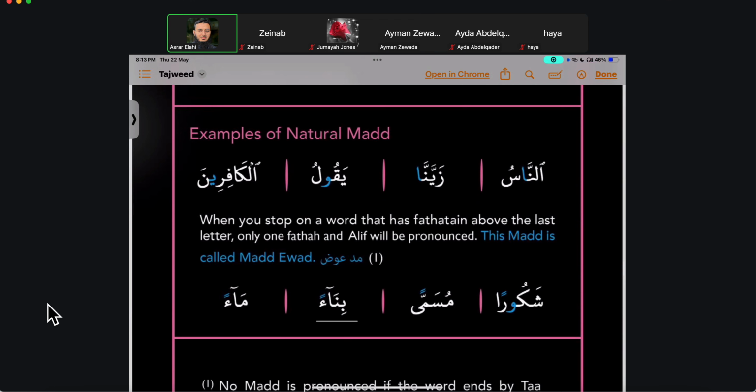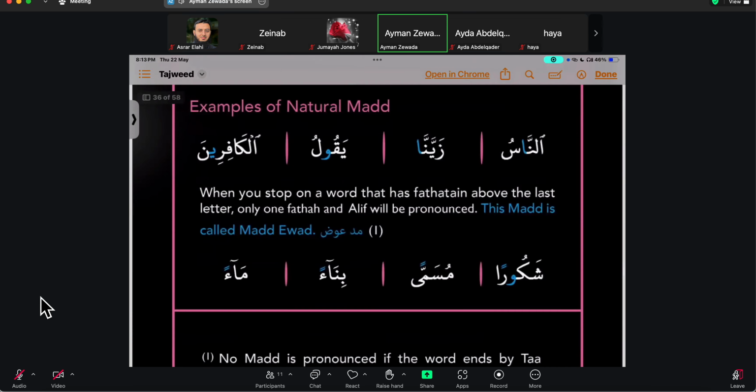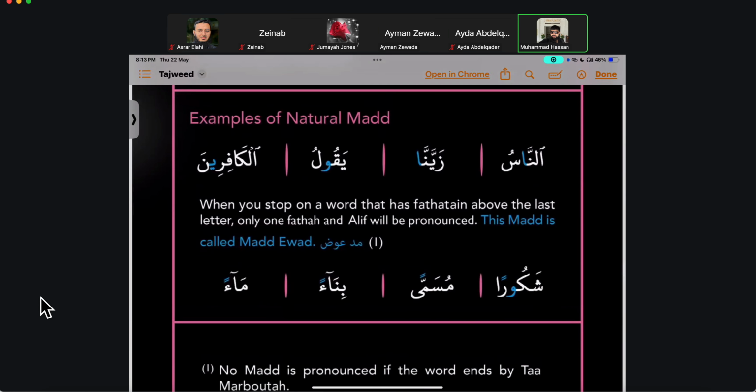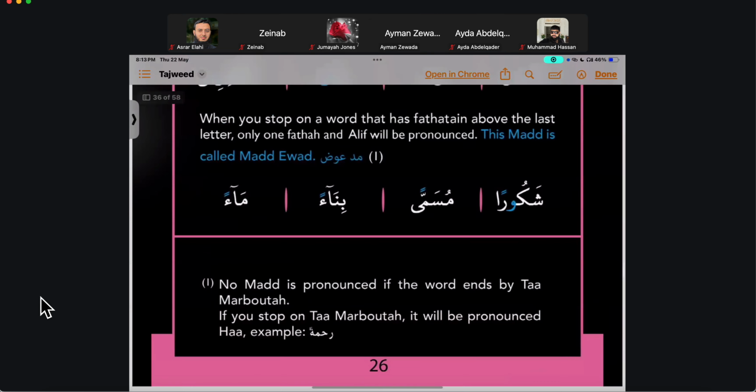I'm talking about the last one, from the tanween one. So tanween, if you're stopping at it, you convert it into a single alif, right? And the hamza at the end here. So how long does that need to be? Like two harakat long? Bina, yeah, two harakas. Okay. I just want to confirm, so mad awad is two harakat, like shukura, not one haraka. Okay.